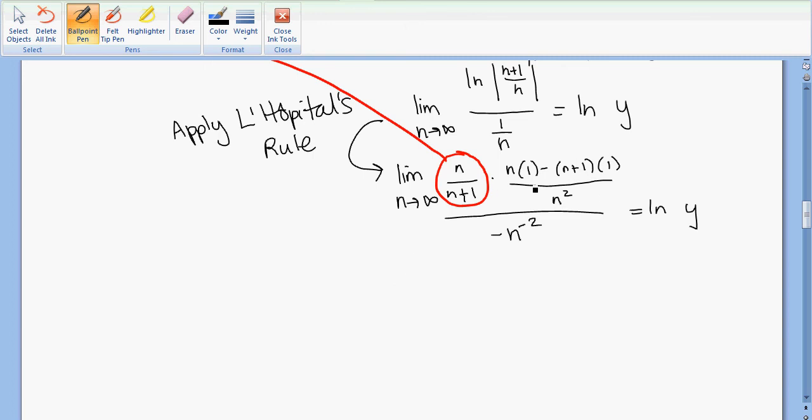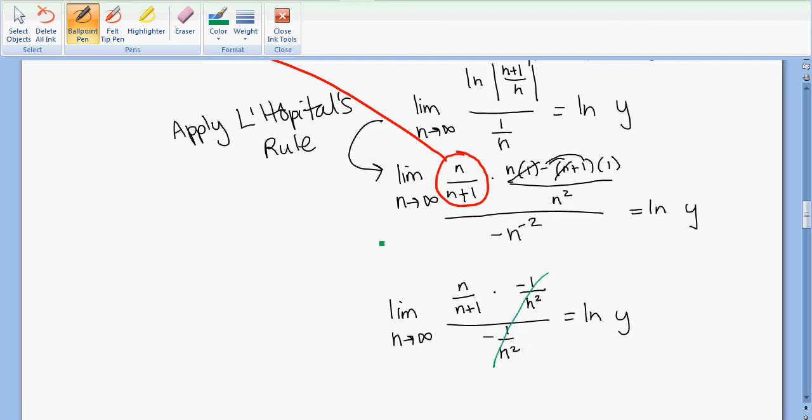Okay, let's clean this up a little bit. In the numerator, we have n minus, when we distribute this, it's going to be a negative n and a negative 1. So it simplifies to just negative 1 over n squared, right, because the n's are going to cancel. And this denominator, negative n to negative 2, is just negative 1 over n squared. So in fact, we have a single factor in the numerator that we also have in the denominator, so those cancel. And so we're left with the limit as n goes to infinity of n over n plus 1 equals